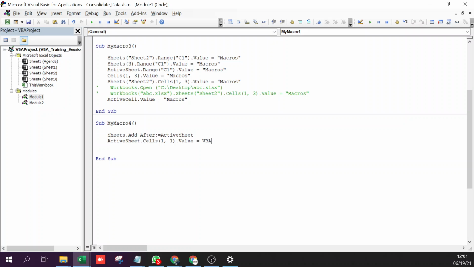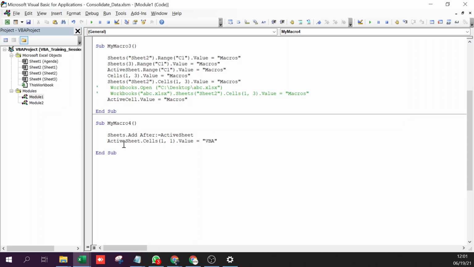Sorry, what's wrong here? What's wrong here? Yeah, that's correct. Unless you have the quotes, it will consider this VBA as a variable, and there is no value to VBA, so it will give nothing. It will do blank.